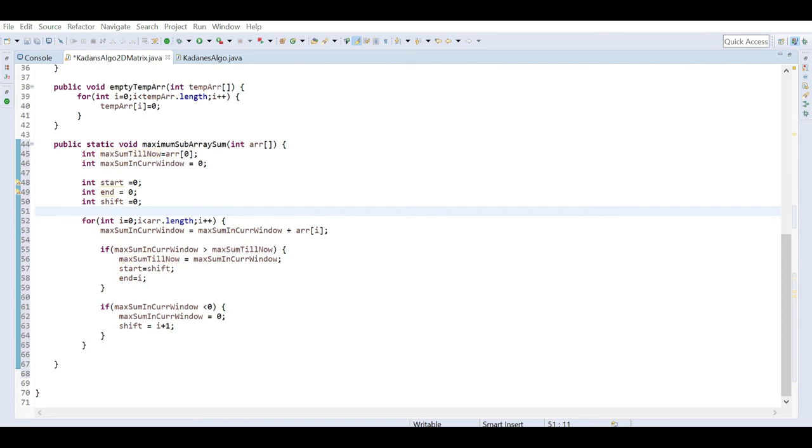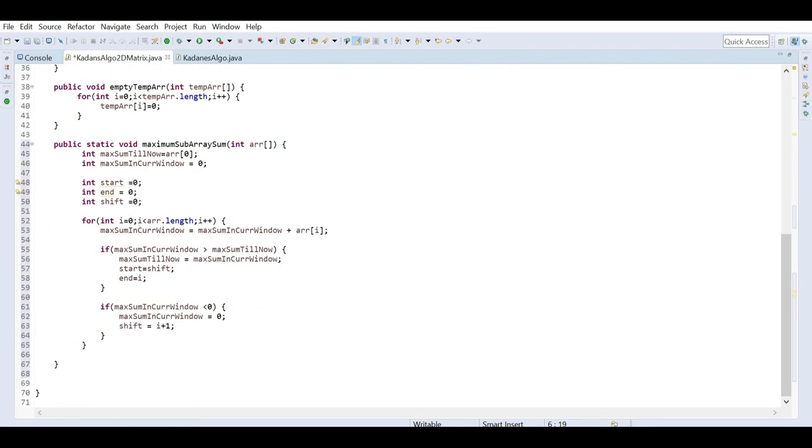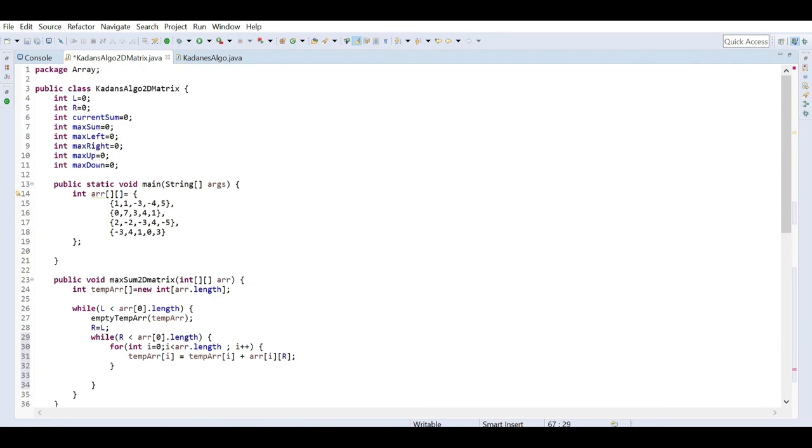What changes are required? Now we have one current sum variable. If I can see that, actually this current sum is... why is it throwing some error, I have to check.